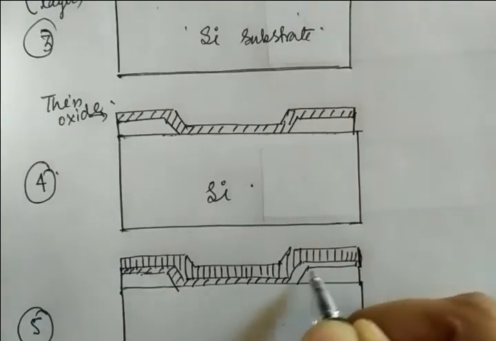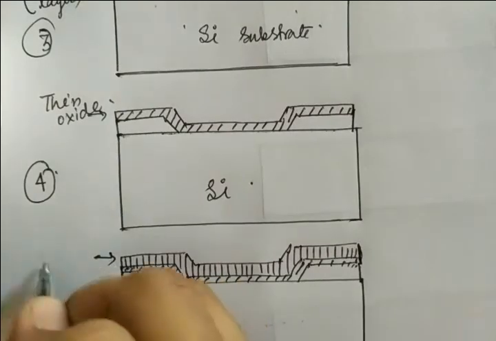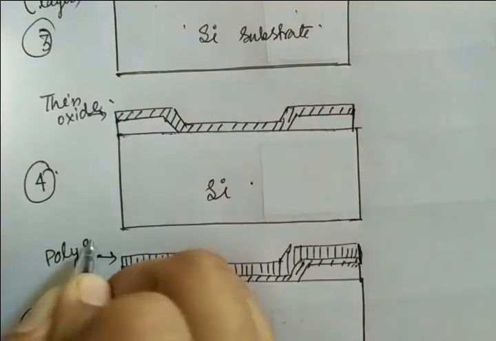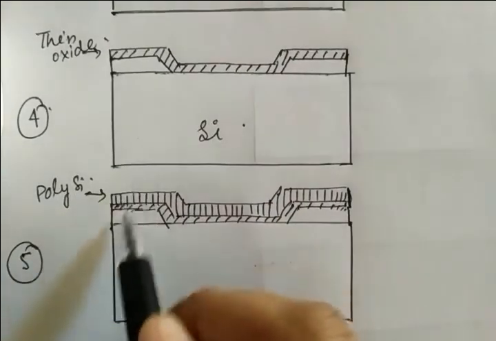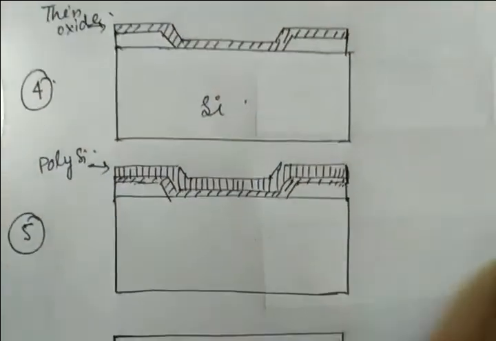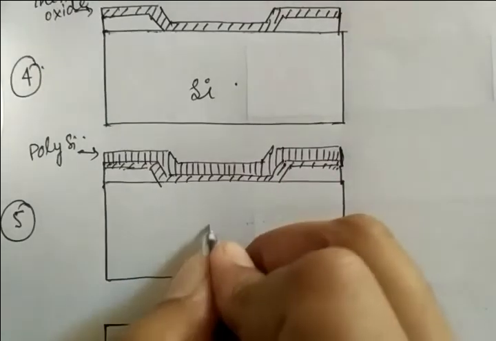This is your thin oxide layer, and this is your polysilicon layer, right? Okay, got the structure. Now we have to etch this portion to make the gate terminal. So coming to the sixth diagram, after this deposition,